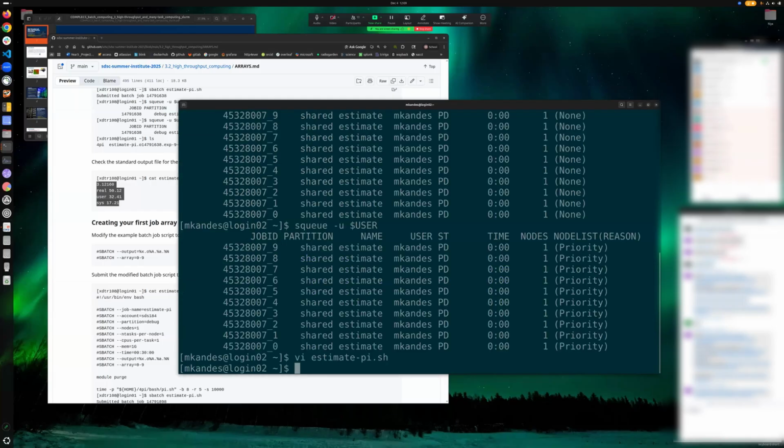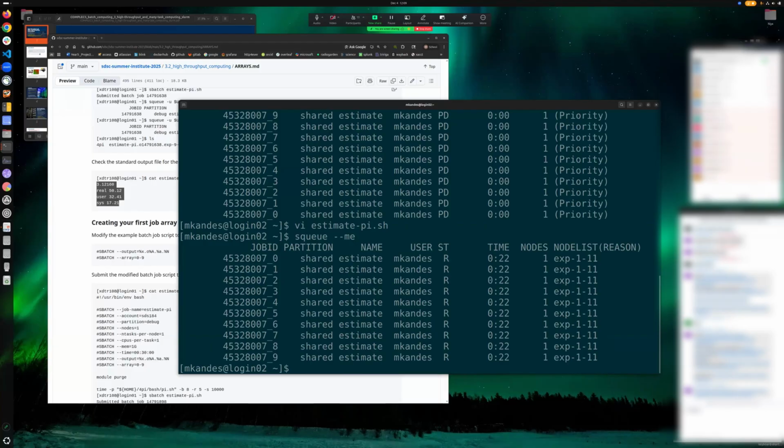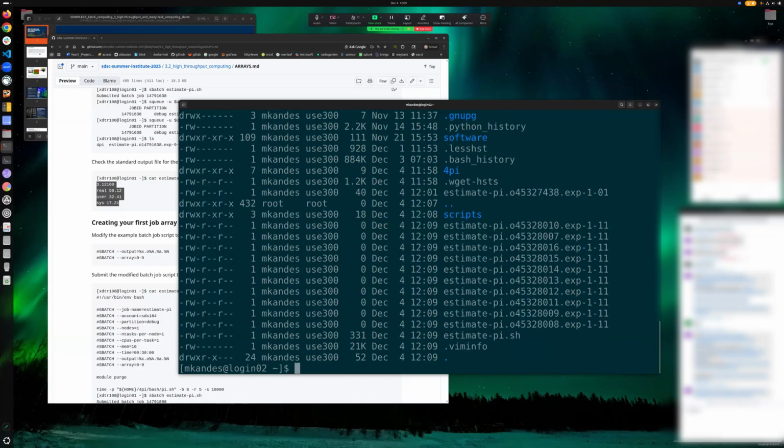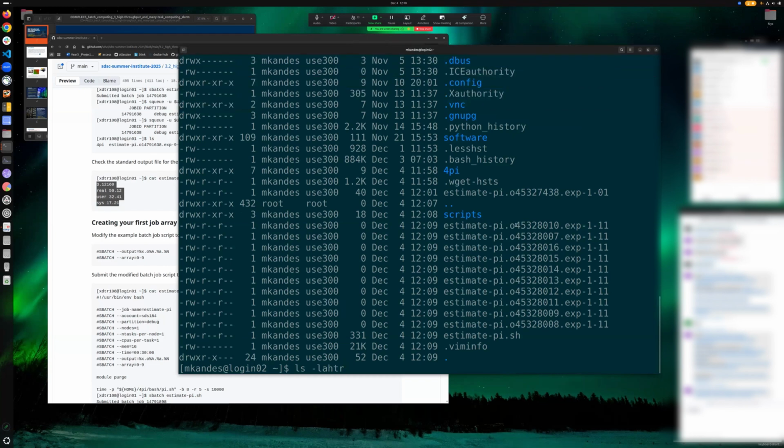Now, I open the file to check something else. Okay, the job is running now. So I should be able to see the output files, maybe? Yes, okay, this is interesting. Good. So you'll notice here, the output files,